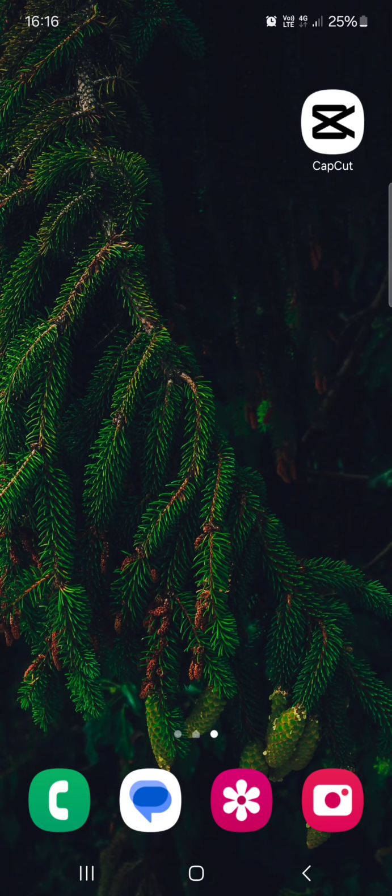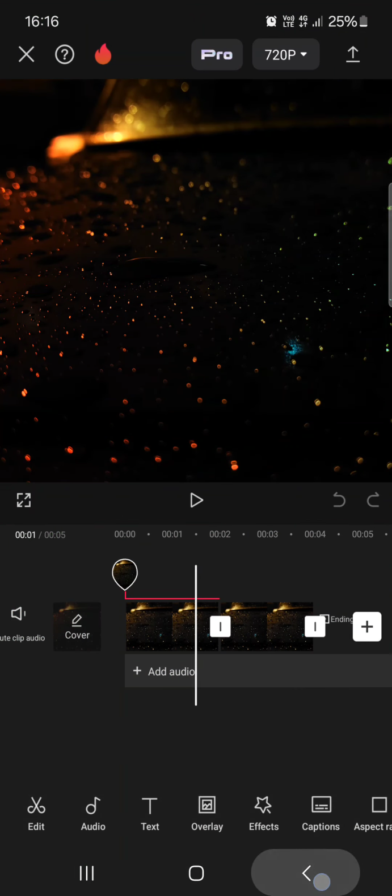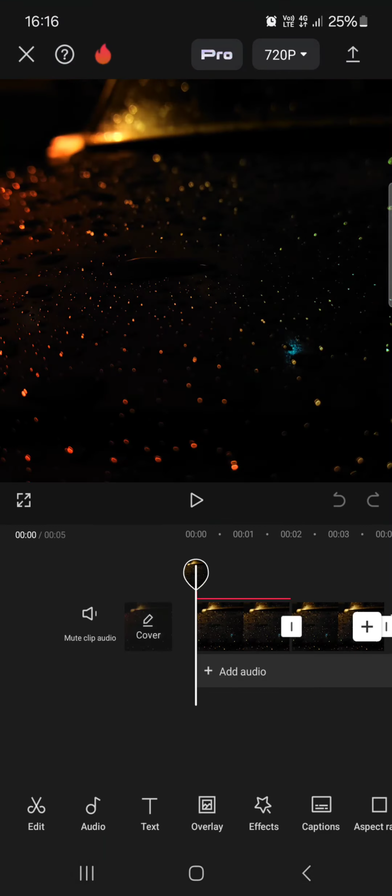So without further ado, let's just jump right into it. First we have to open up the CapCut app, and here it opens up in the edit menu. From here we just tap on a project that we want to work on, and then tap on the edit button,